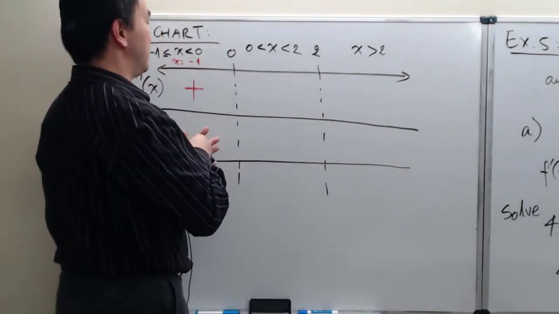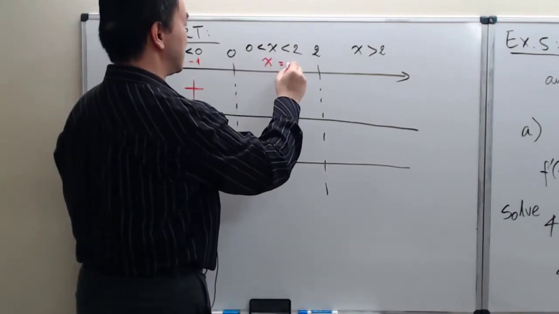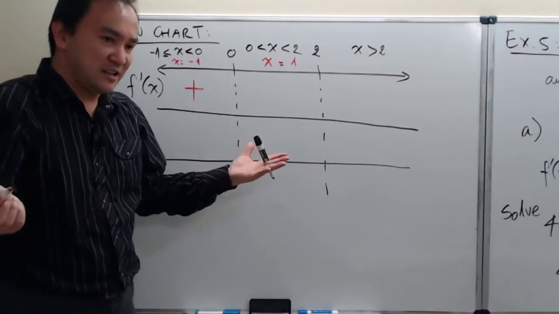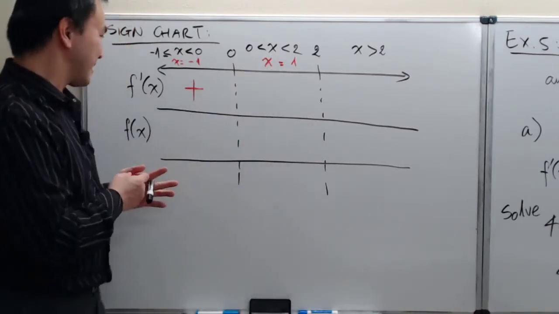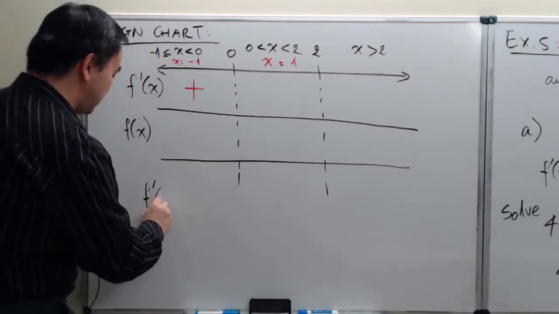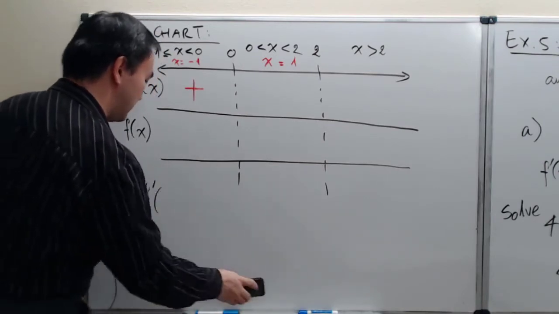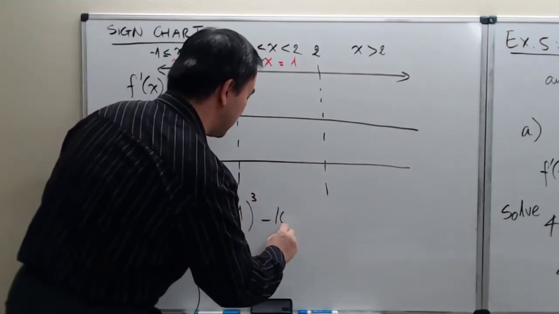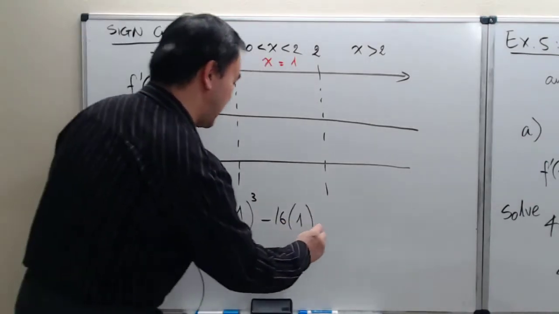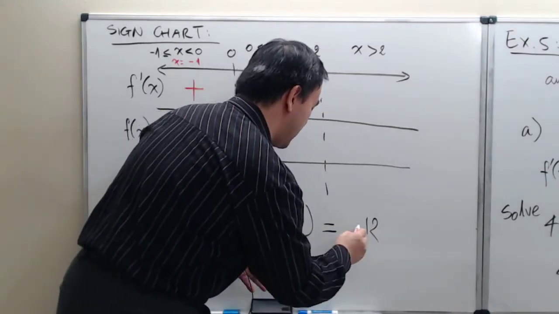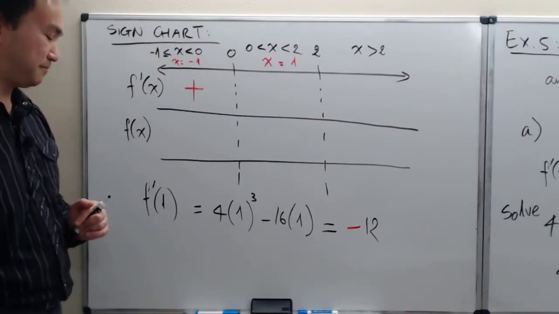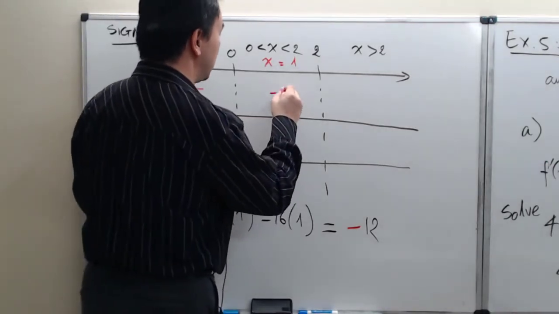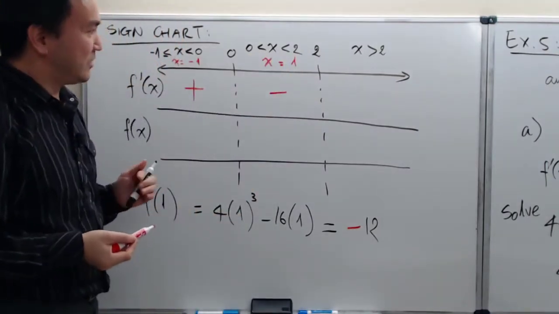So the next interval is going to be between 0 and 2. So now I'm going to pick x equals 1, for example. You can pick 1.5, you can pick another one like 0.5 or something like that, but I understand that it's very easy to go with the whole value. It's better that way. So substituting x equals 1 into our f prime. Our f prime is 4 times x cubed, which is substituted by 1, minus 16 times x, which is substituted by 1. So here I'm looking at 12, but negative. Okay, so it's negative 12 for this particular interval. And so that means my f prime is going to have a negative sign in the entire interval between 0 and 2. Okay, and so now for the next interval,